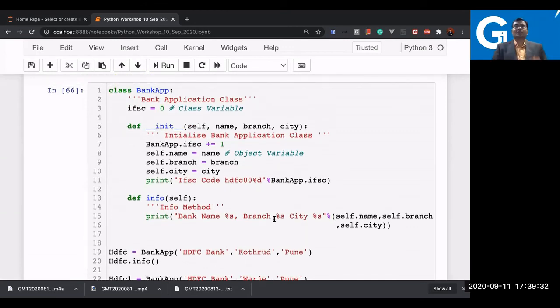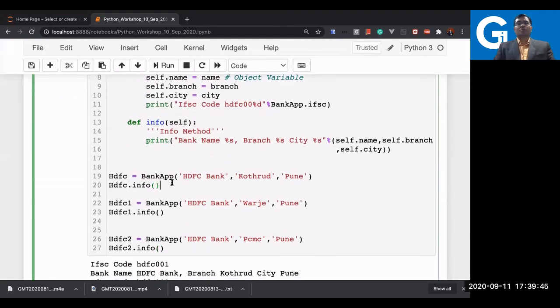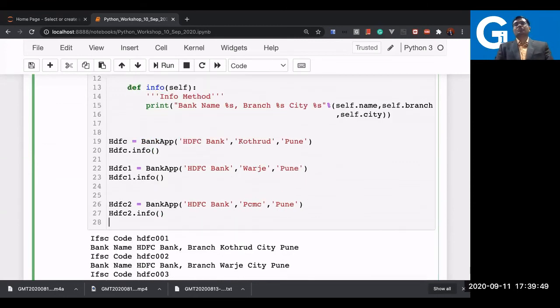Now you can see we also discussed the difference between local variable, global variable, and object variable, and we have taken the example of a class variable also. One more thing I'd like to tell you: a class variable is available to both. It is available to the object as well as to the class. So let me show you the demonstration. Take any object, let's say SDFC2, and try to access IFSC now and see what happens.